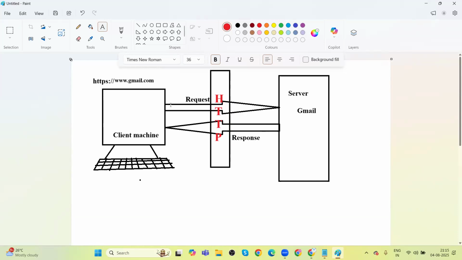So this request and response happens because of HTTP. If there is no HTTP, the request will not go to the server, and the response will not come to the client machine. It all happens through HTTP. HTTP stands for